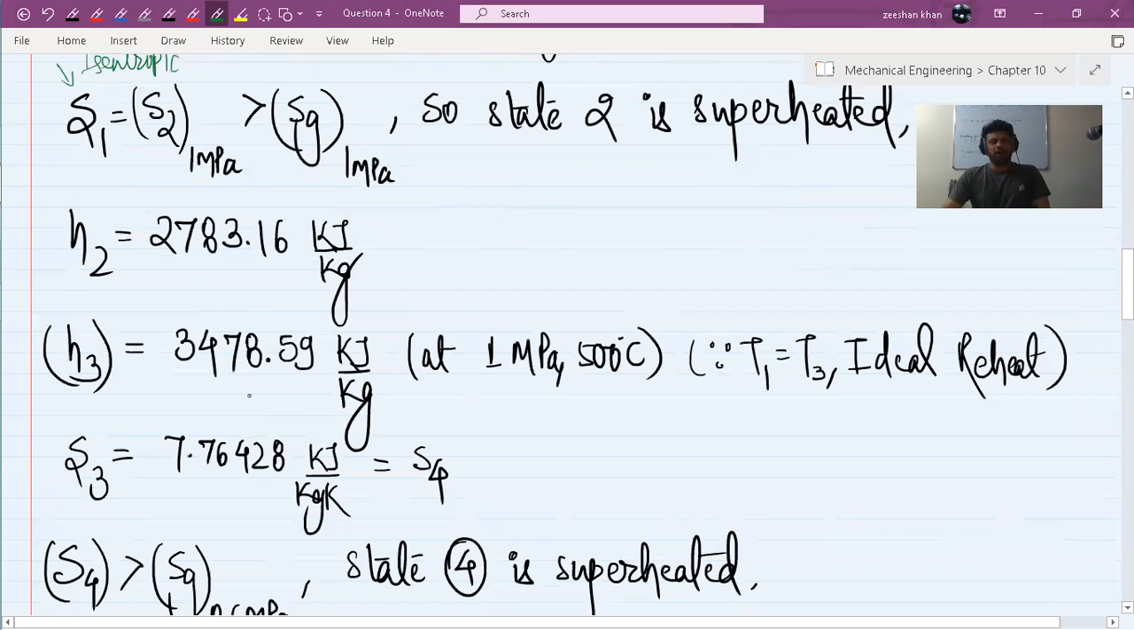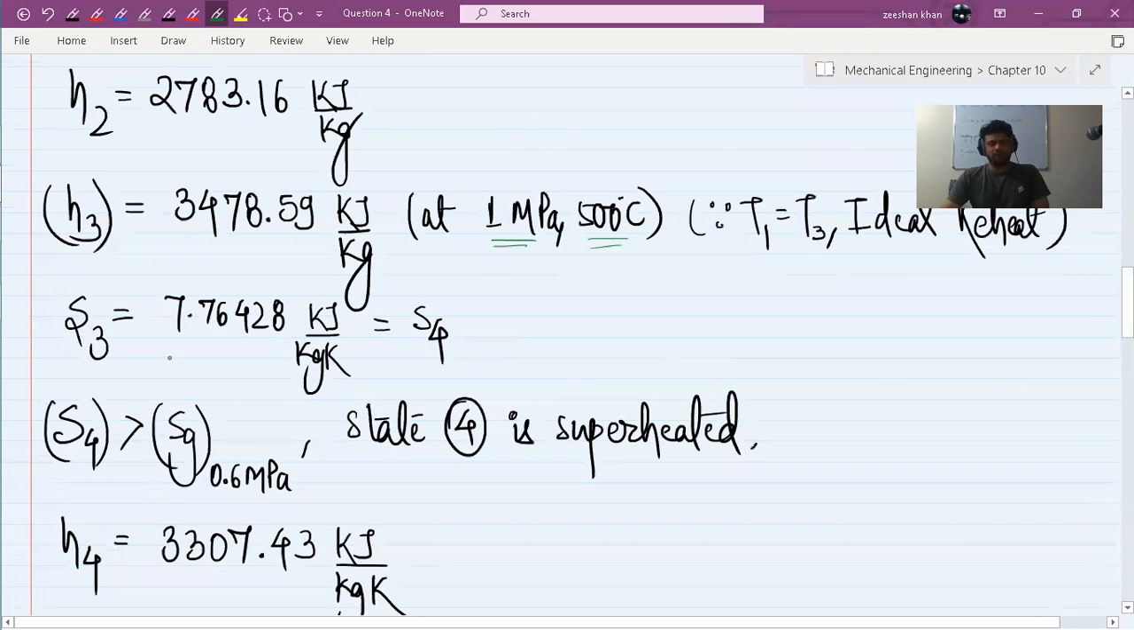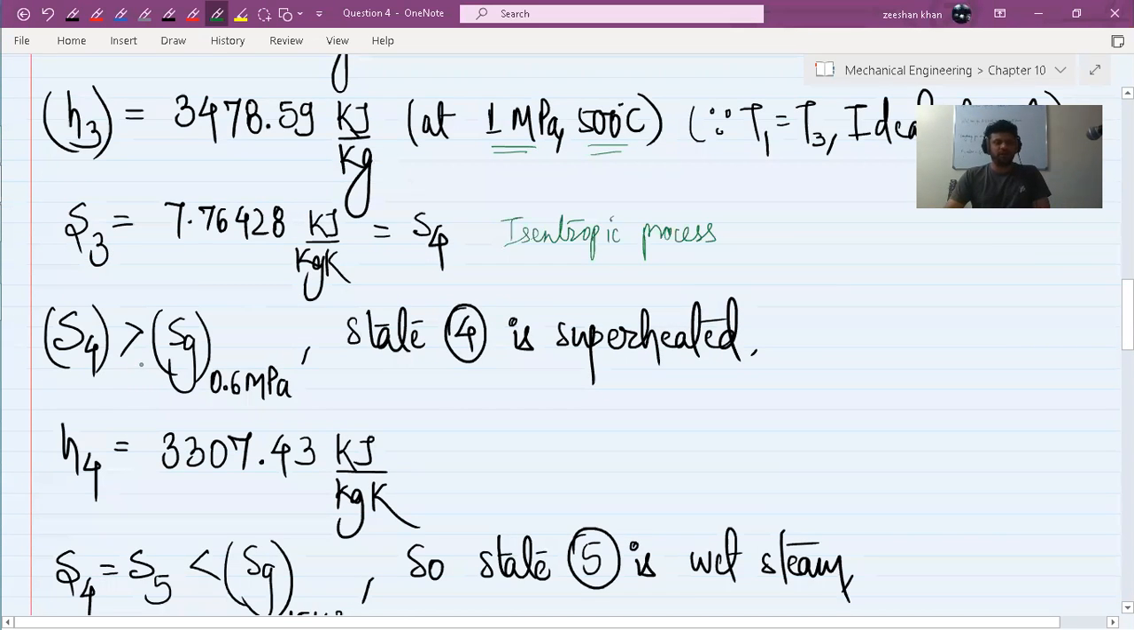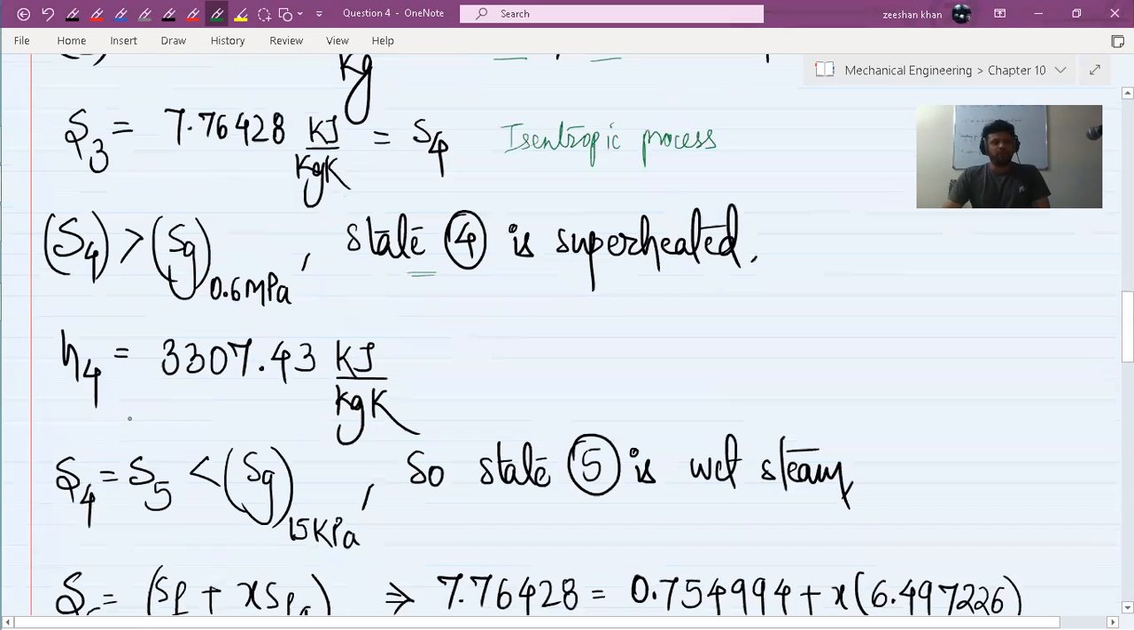Again, h3 can be calculated by the pressure 1 megapascal and the temperature being equal to 500 degrees centigrade, and s3 again from the table, which must be equal to s4, again because of the isentropic process. And then we know that s4 is greater than the entropy of saturated vapor at 0.6 megapascals. So again, state 4 is going to be a superheated state. h4 comes out to be